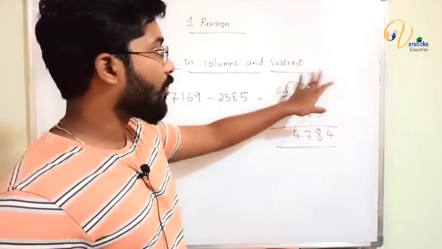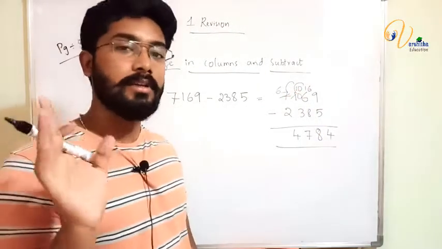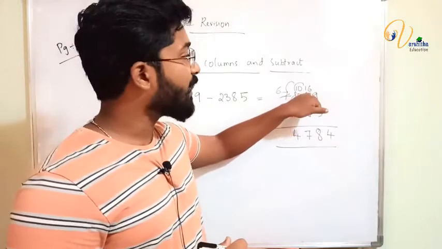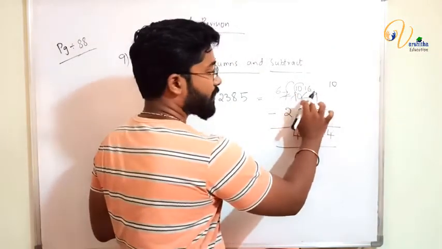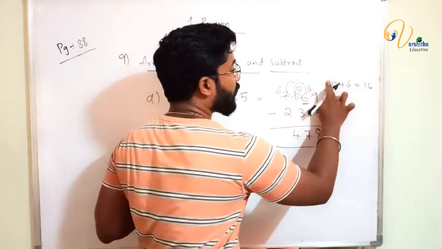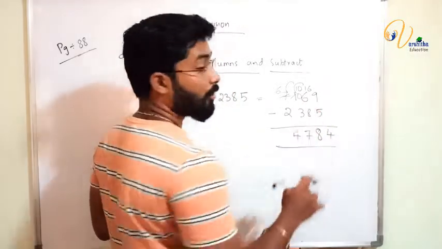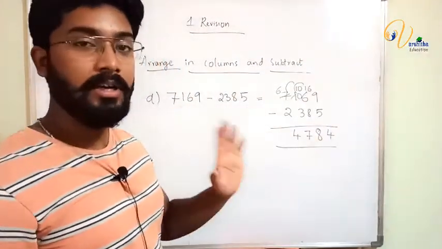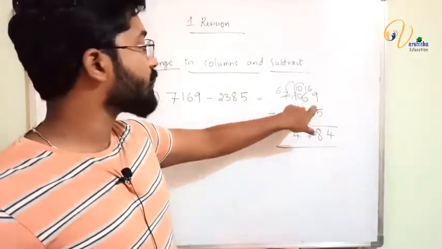Here you are not carrying 16. You will get 10. For carrying, always you will get 10. But why am I writing 16 here? 10 is a carry plus this 6 is there, no? Here 6 plus 6, that's why I am writing 16 directly. Okay. Don't confuse. I am not carrying 16 directly. I am carrying only 10, but I am adding this number, 6, to the 10. What will you get? 16.